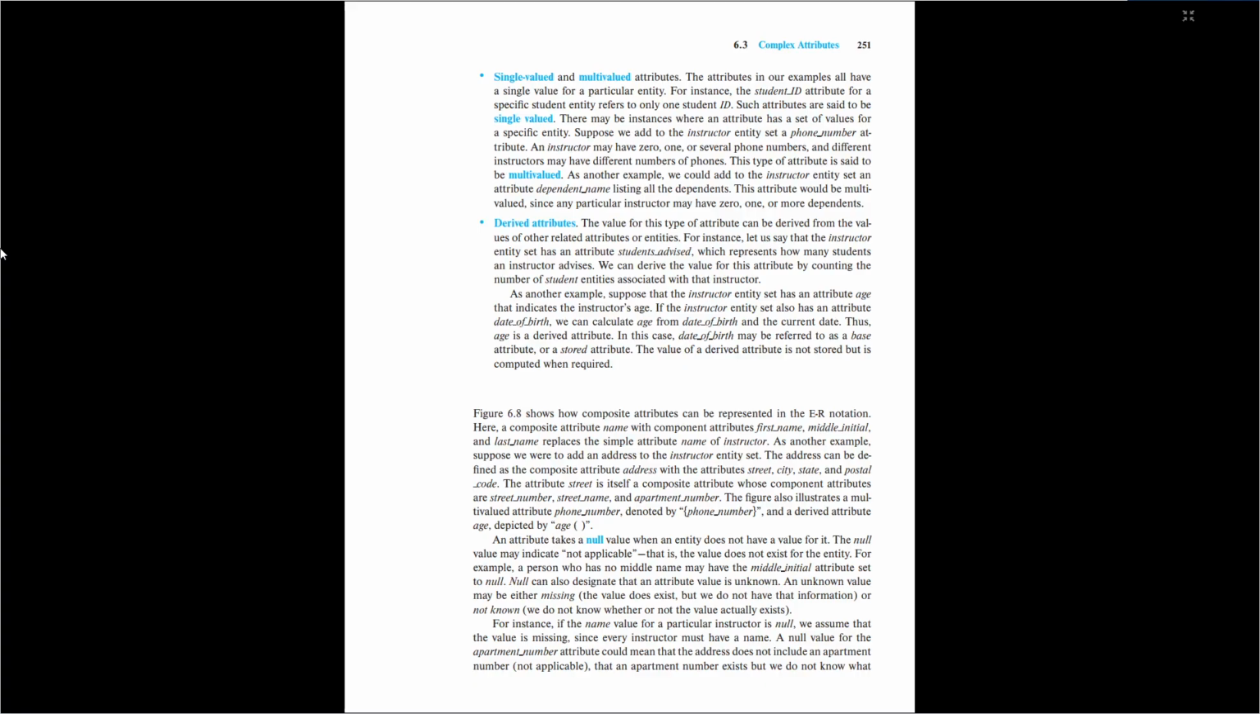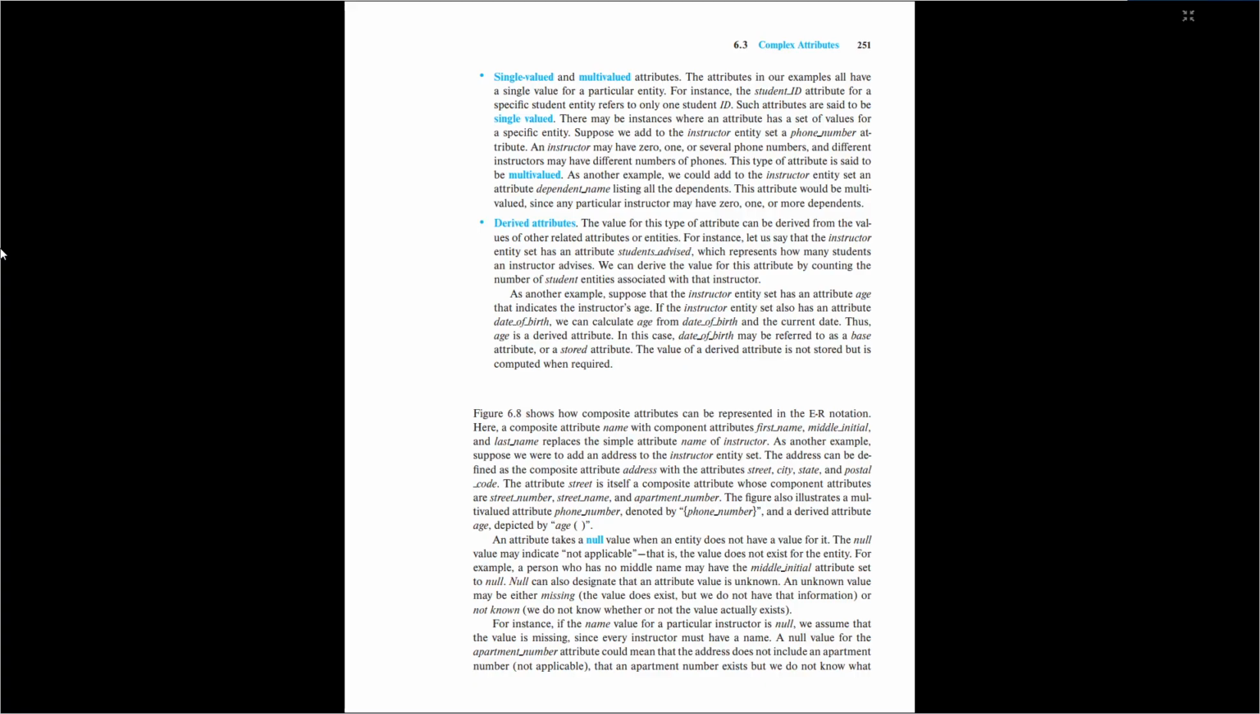Derived attributes. The value for this type of attribute can be derived from the values of other related attributes or entities. For instance, let us say that the instructor entity set has an attribute students advised, which represents how many students an instructor advises. We can derive the value for this attribute by counting the number of student entities associated with that instructor. As another example,